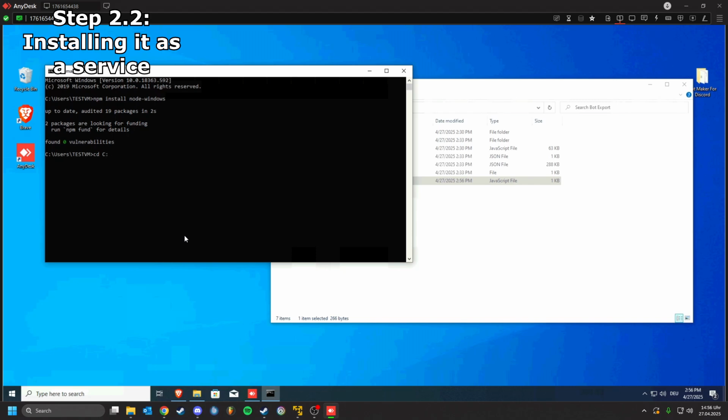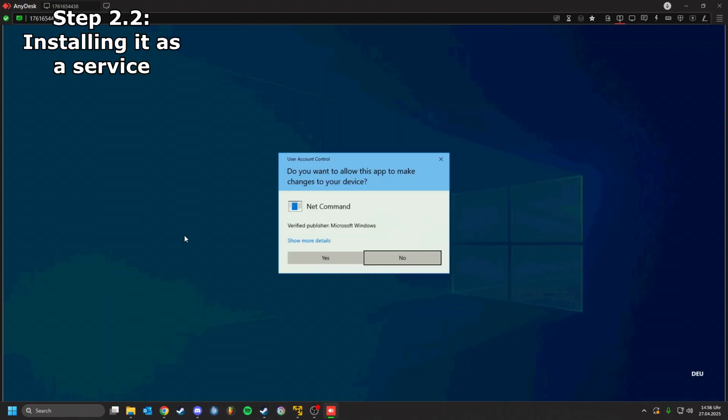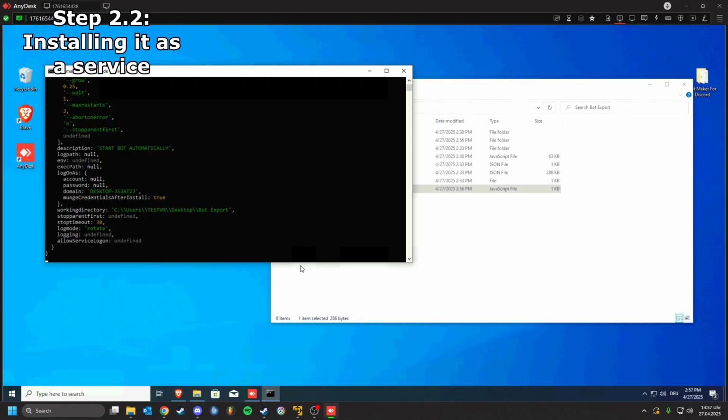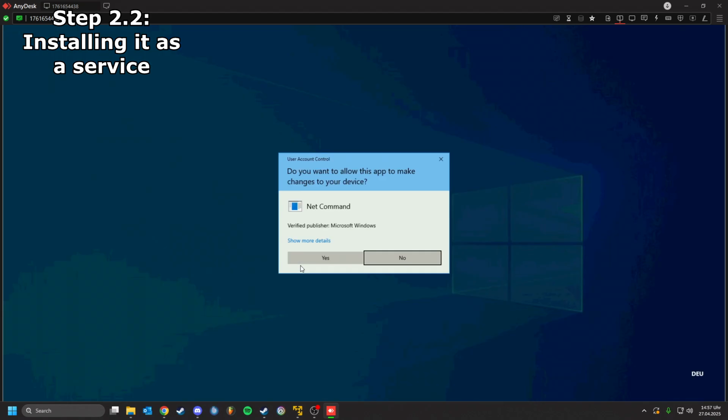After node-windows has been installed, we'll direct ourselves over to our bot's export folder with cd and then the path of the bot. Afterwards, we run node service.js. Next, there will be a couple of administrator prompts that we all hit yes on. This is to create the service on the virtual machine.